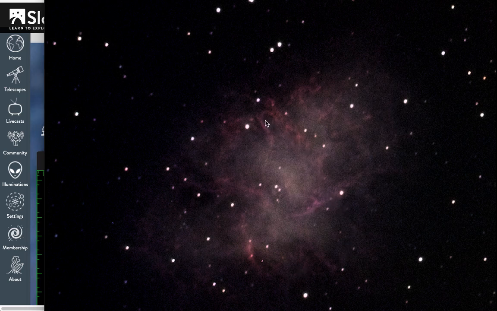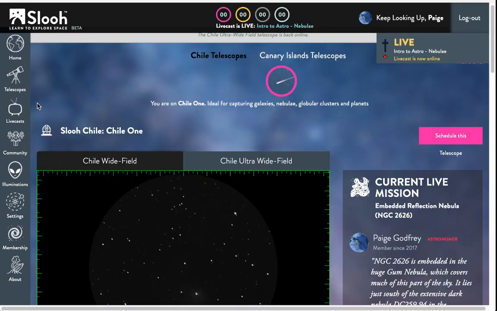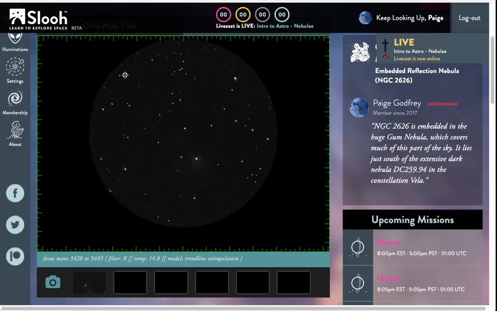When astronomers are studying the light from supernova remnants, they want to know what the star was made out of before it exploded. Somewhere in the core here is going to be the remnant of the star, either a black hole or neutron star that's left over, the hot dense core. But these knots of gas are what we study to get the composition of the original star, because it's much easier to get a nice light spectrum from these denser regions of gas than it is from the more diffuse regions of gas.